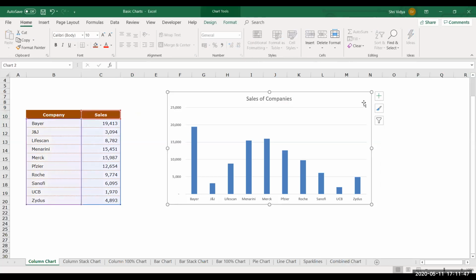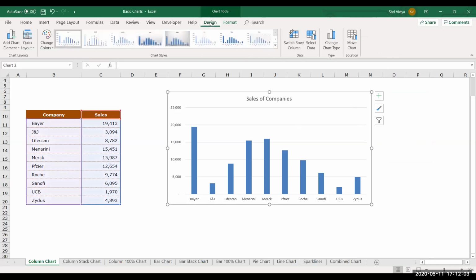Now let me select the chart. You have this plus mark over here. When you click on it, you get to see a few more chart elements. See, this is a shortcut way to reach that. You also have something known as the design tab. Click on it. You will be able to see in the left hand corner of the ribbon an option of add chart element. You will get those options here as well. Whereas for this particular chart, you have them right here in the plus mark. This is one way to reach it, or you could also go to the design tab and get this from there.